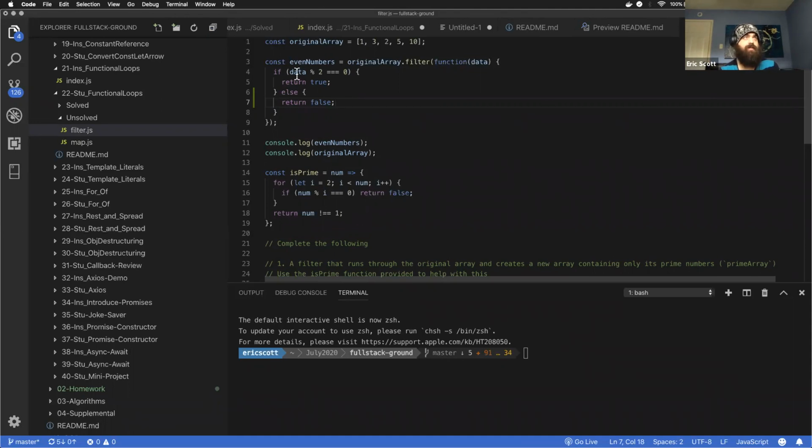It passes first 1 into this function, and if it returns true, it includes 1 in the even numbers array. We pass in 3. 3 doesn't pass this function, so it's not included in the even numbers array. 2 does pass this function, so it's included in the even numbers array, as is 10, but those would be